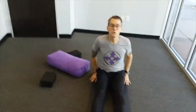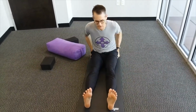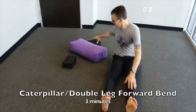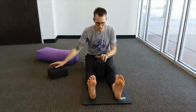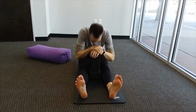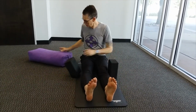So now we're going to do the double leg forward bend or caterpillar pose for 3 minutes. Make sure you're grounded under the sit bones again, and then we're going to lean to the front. So we have lots of options here. We could rest the elbows on the blocks. We could stack the block, let's say stacking 2 blocks, perhaps resting the forehead on the block, or if you're more flexible, 1 block. We could build the Stonehenge